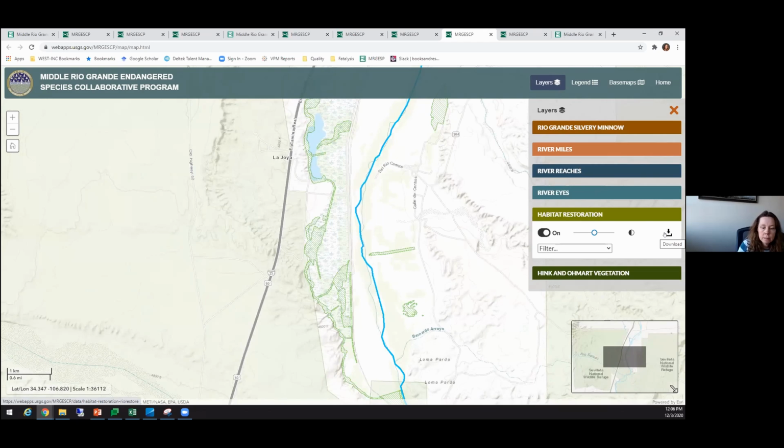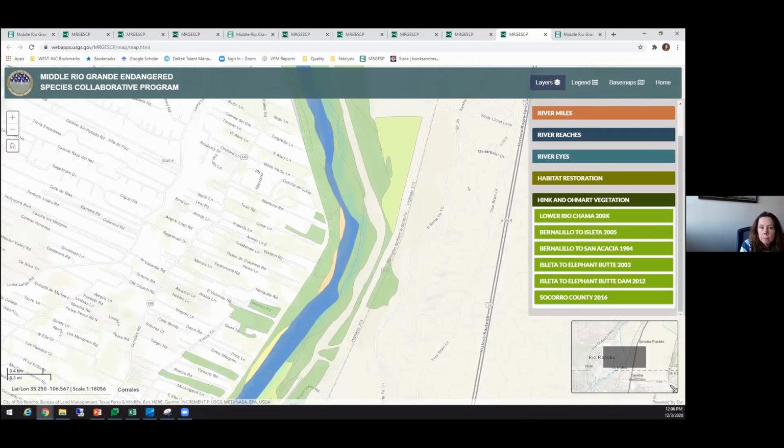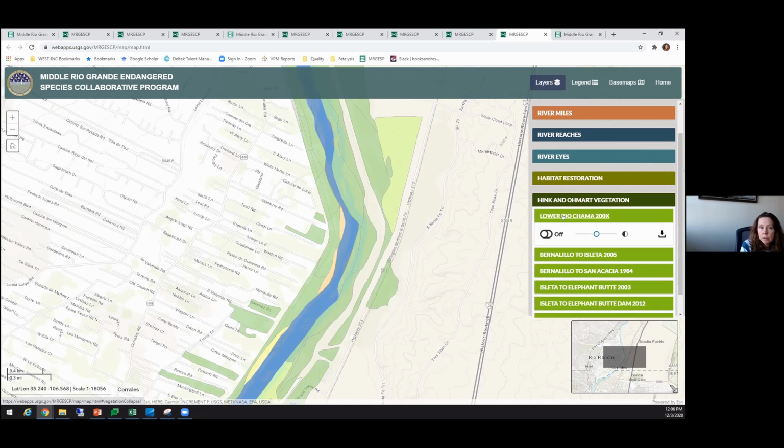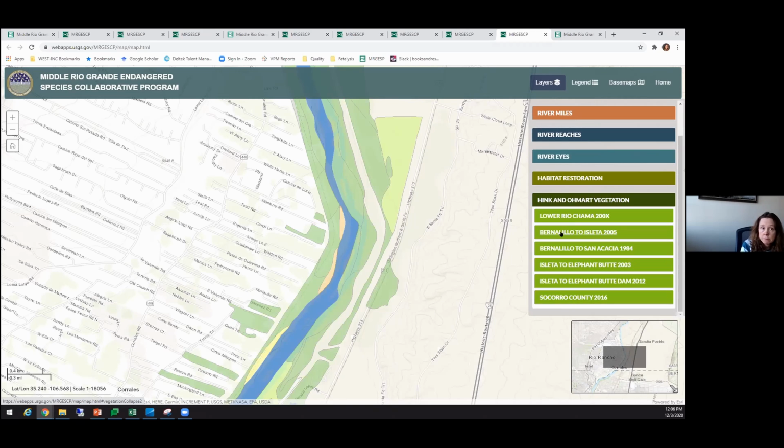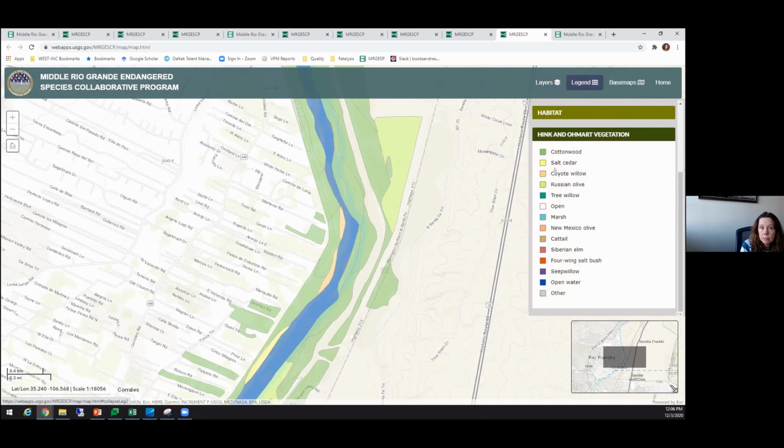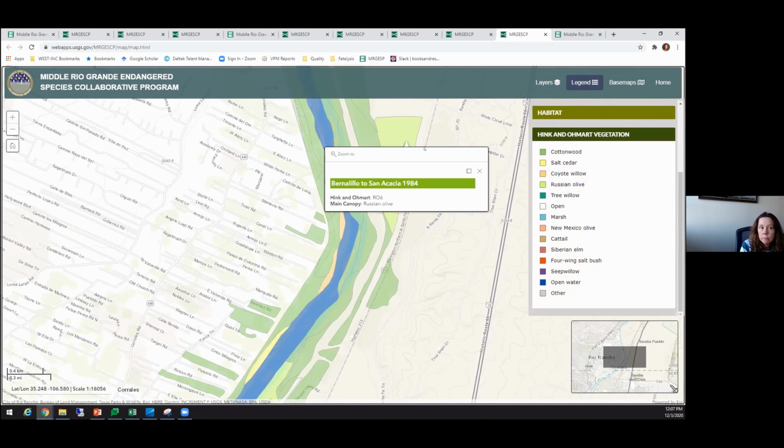And lastly, the vegetation classification layer, commonly called the Hink and Omart vegetation layer. There are several years of this information, so you can turn on or off any one of these survey efforts, and you can see the entire classification, which is consistent across the different years, and get more information when you click on them. So a very similar setup for each of the